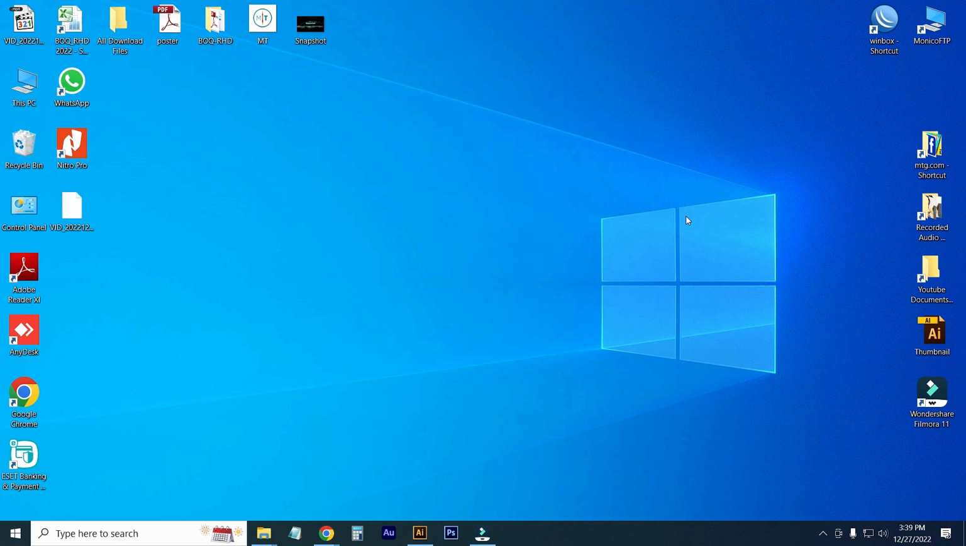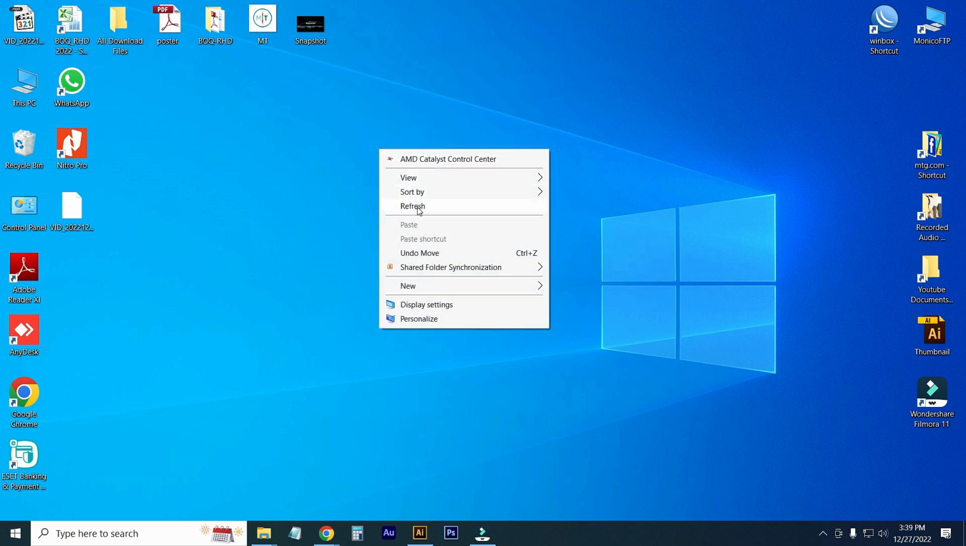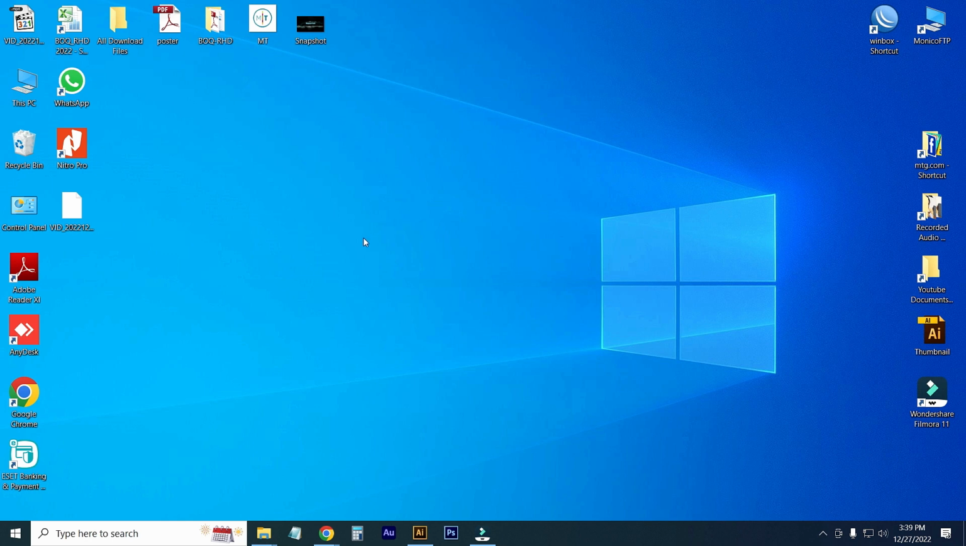Hello viewers, in this tutorial you are going to learn how to change mouse DPI or how to check mouse DPI or resolution. Just go to the search option. If you are using Windows 10, just click here to search